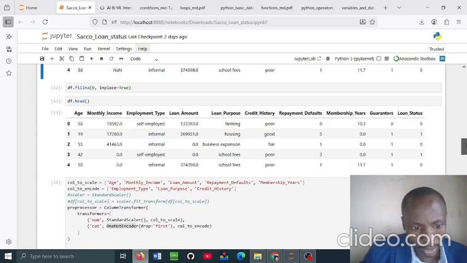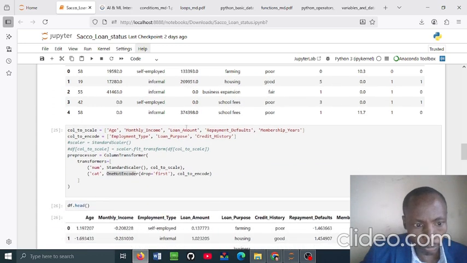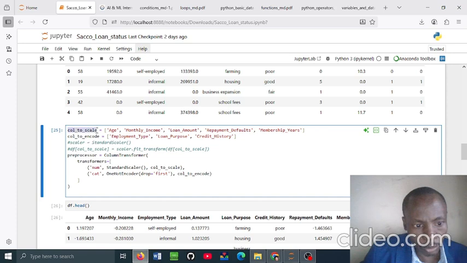Now the next thing is that we want to perform some pre-processing. Here we want to scale some numerical features, and we want to encode some categorical features. So I'm going to create a variable here called cols_to_scale. This one means columns to scale. The columns to scale, I want to scale the age, the monthly income, loan amount, repayment period, repayment defaults,